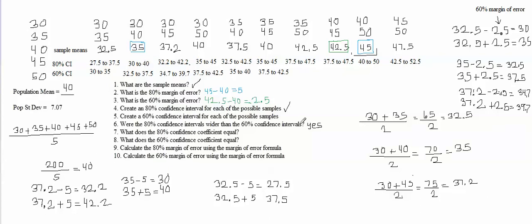The next question says, what does the 80% confidence coefficient equal? In order to do this, first we have to mark off the middle 8 of the samples again, because 8 out of 10 is 80%. So once again, if you leave off the highest and the lowest, you get the middle 8, which is the middle 80% of